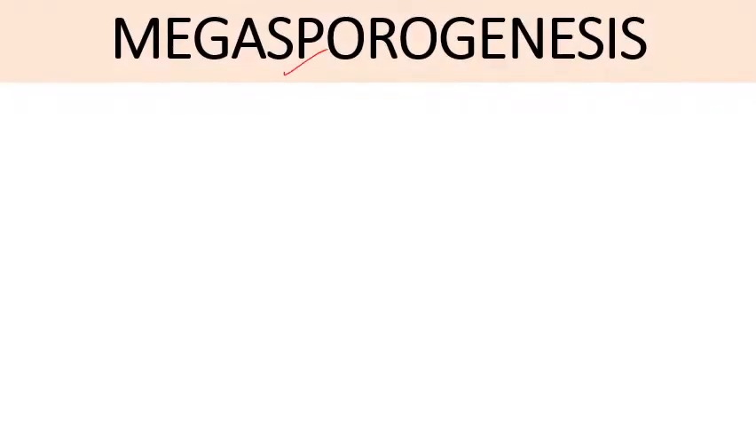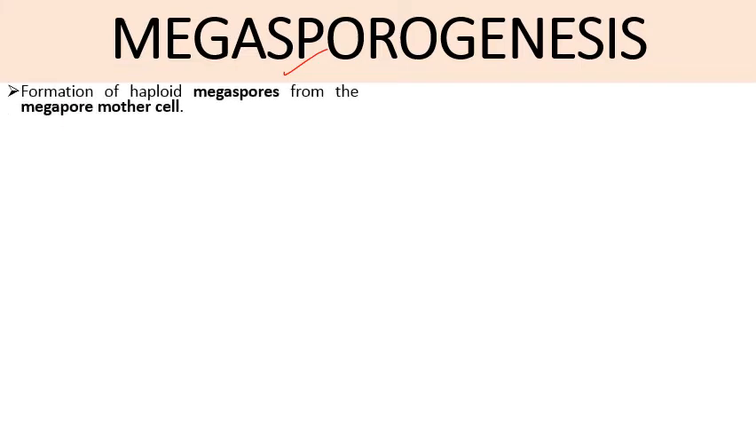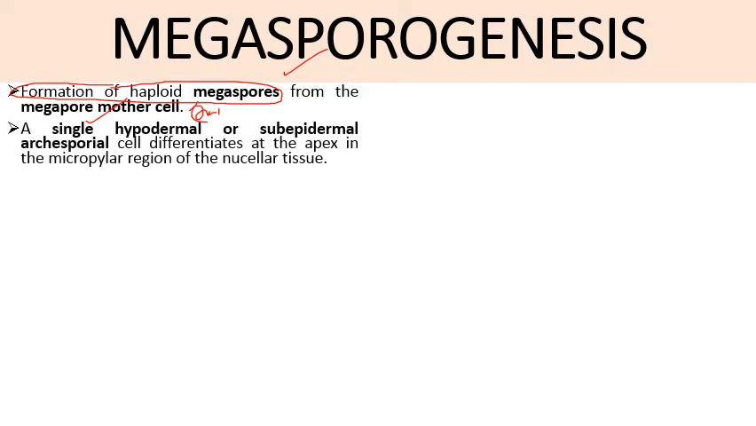Next comes megasporogenesis. It is the process of formation of megaspores from megaspore mother cells. So the process of formation of haploid megaspores from the megaspore mother cell which are diploid, जो कि diploid होते हैं। As we know that in young ovule nucellar tissue is present। जो young ovule होते हैं उसमें present होता है nucellar tissue and a single hypodermal or sub-epidermal archisporial cell differentiate at the apex of micropyle region। जो micropyle region का apex है वहाँ पे nucellar tissue के पास एक single cell differentiate होता है, that becomes archisporial cell।